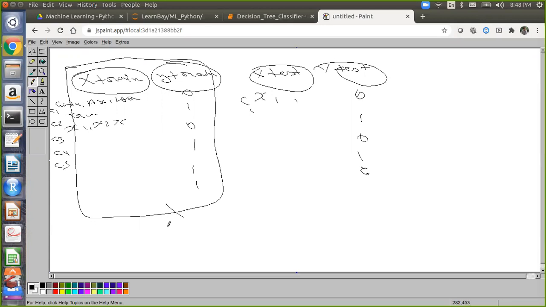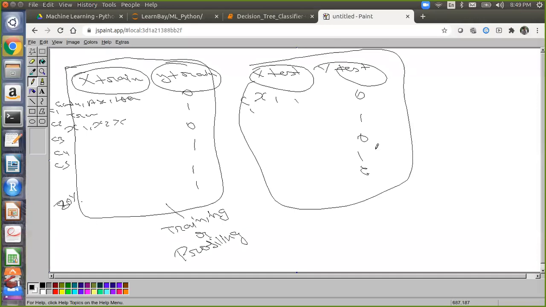So this is called training data. The size of this training data will be 70% or 80% in this case. What is another name I can say for this kind of data set? Profiling. And this is the testing data. What is the size? 20%. What can I say this testing data also? Prediction. Because here you will do the testing. So this is your unseen data. You will test the accuracy on unseen data as well as training data.